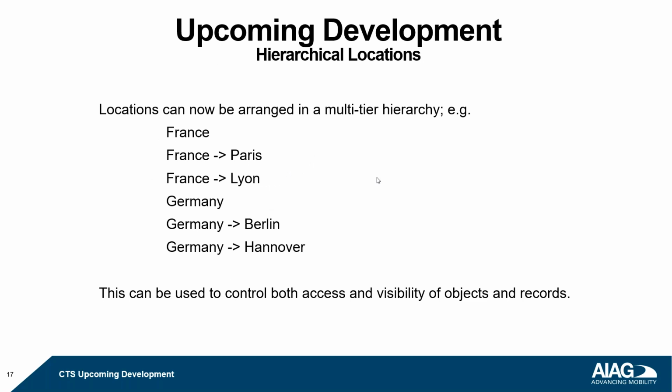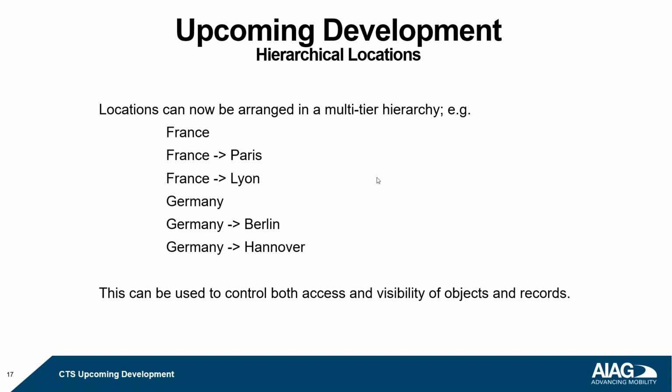Locations arranged in a multi-tier hierarchy. That's one of the items. So now you will be able to not just have one tier of locations. In this example I put down here, you could put Paris and Lyon under France, and you could put Berlin and Hanover under Germany. Not sure who's on the webinar again, but I know some of you have been adding library content in different languages. So what I presented before is now that you could